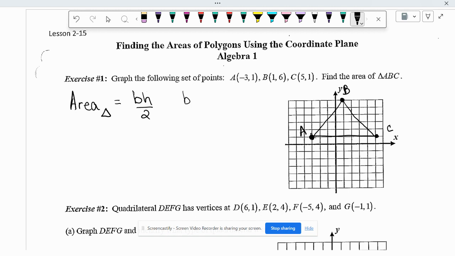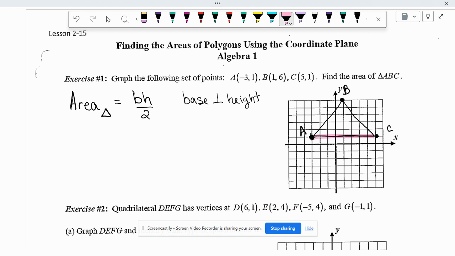And I want to tell you something about the base and the height. The base is always perpendicular to the height. So the cool thing about this question is that this triangle has a horizontal that we can use as the